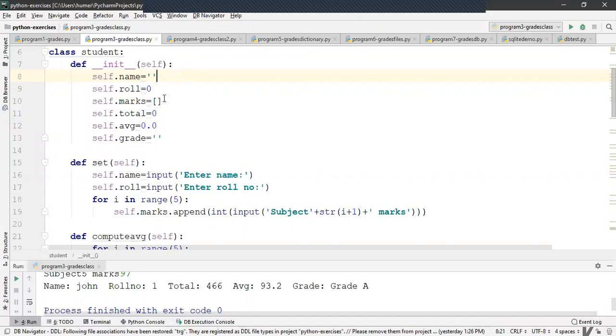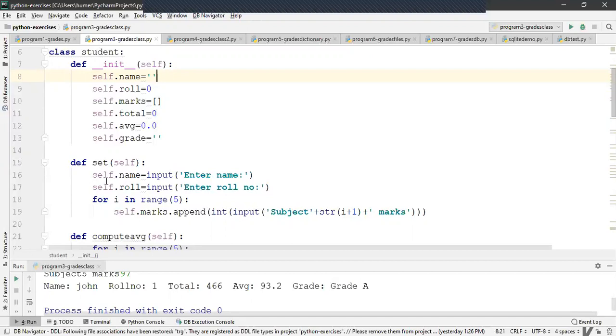Set is a function which is used to provide the values to the variables. Self dot name indicates that the name variable belongs to the object with which this function has been invoked.